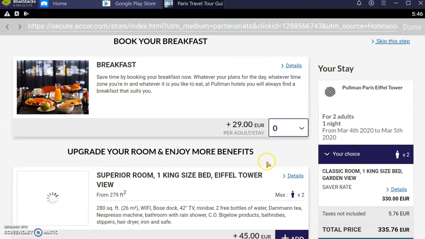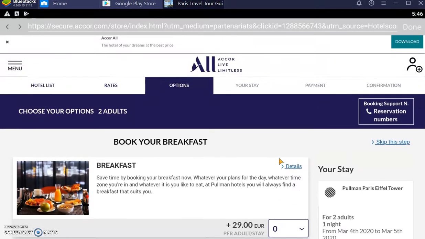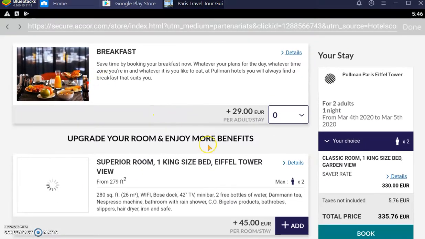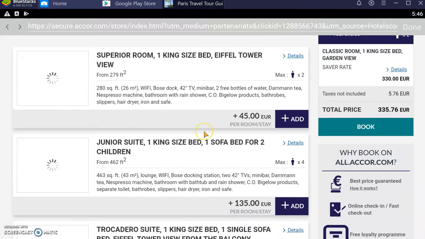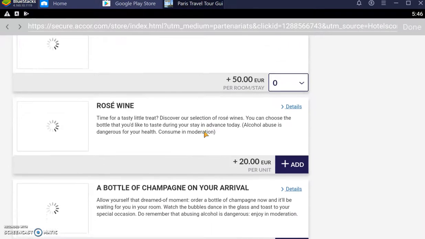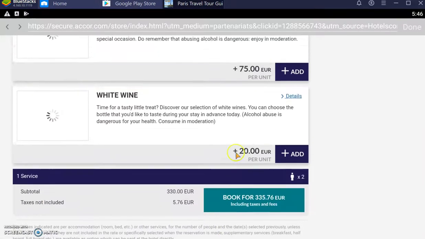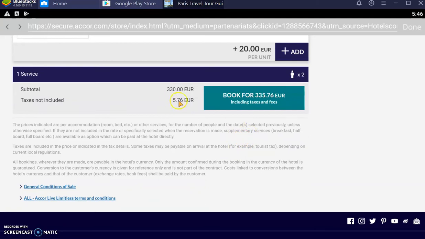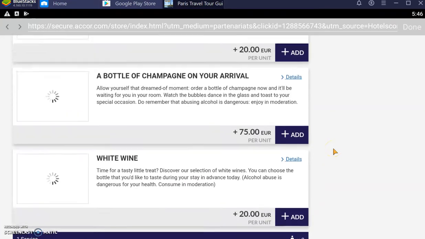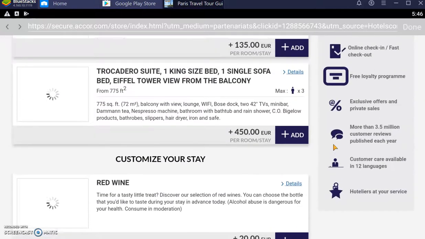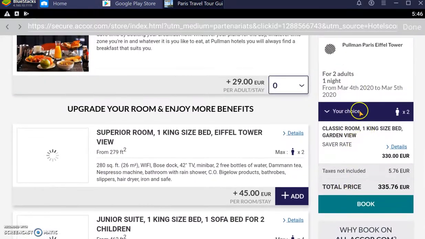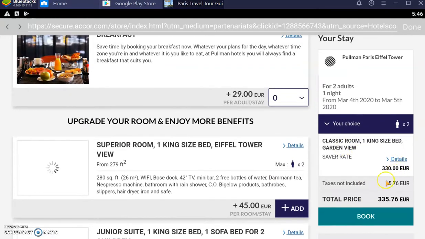Then on this page, you can scroll down if you want to add breakfast or other additional top-up for your hotel rooms. Scroll down the list, and let's say I just want to book the hotel room with this price. Then I tap on it, and on the right hand side, you can see the price of this hotel room booking for 2 adults, 1 night, from March 4th 2020 to March 5th 2020. This is the price I have to pay, plus tax